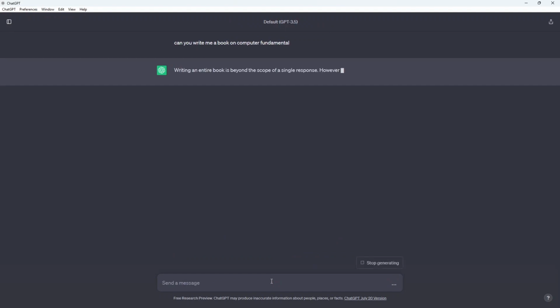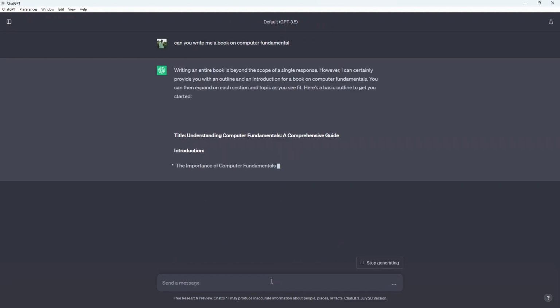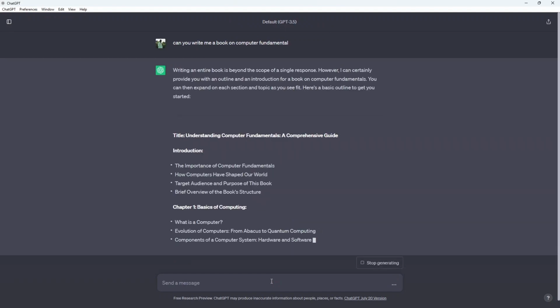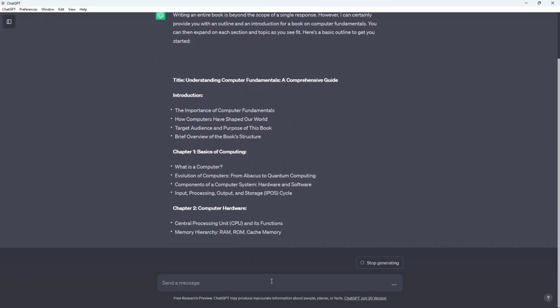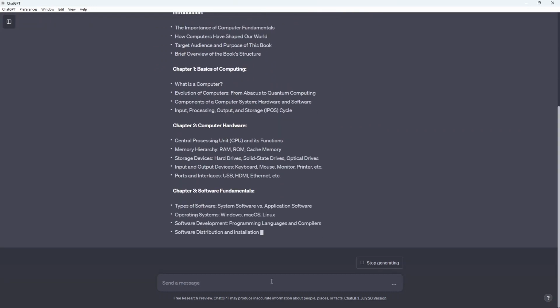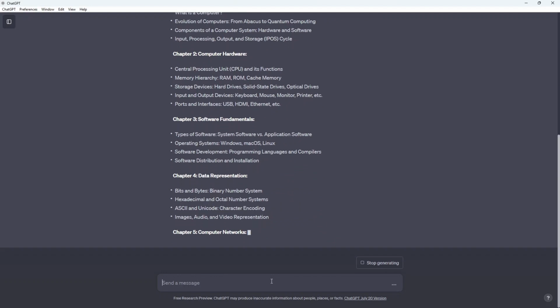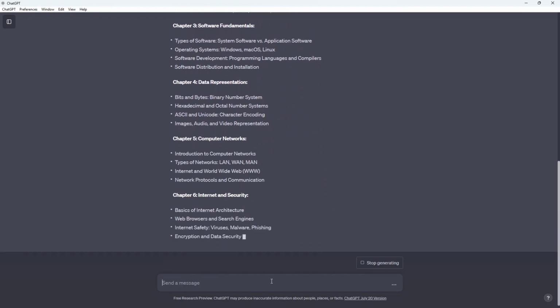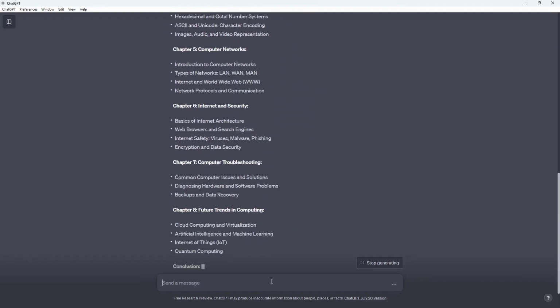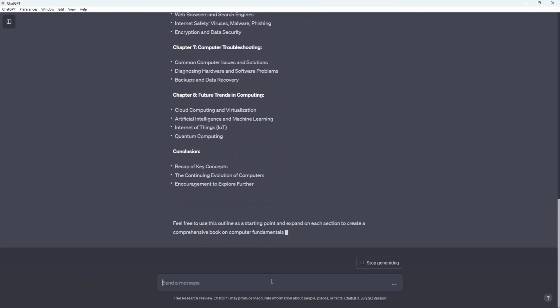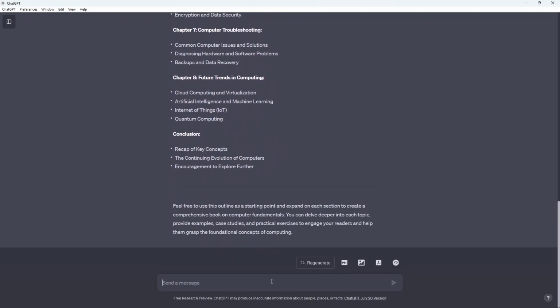So we have asked ChatGPT whether it can write a book for us called Computer Fundamentals. You see that we're going to write a book with various chapters, from 1 to I think 12 chapters or so. So let's watch and see. So we have chapters 1 to 8. The next thing we're going to do is ask ChatGPT to develop each of the chapters for us in this book. So the next question will be,